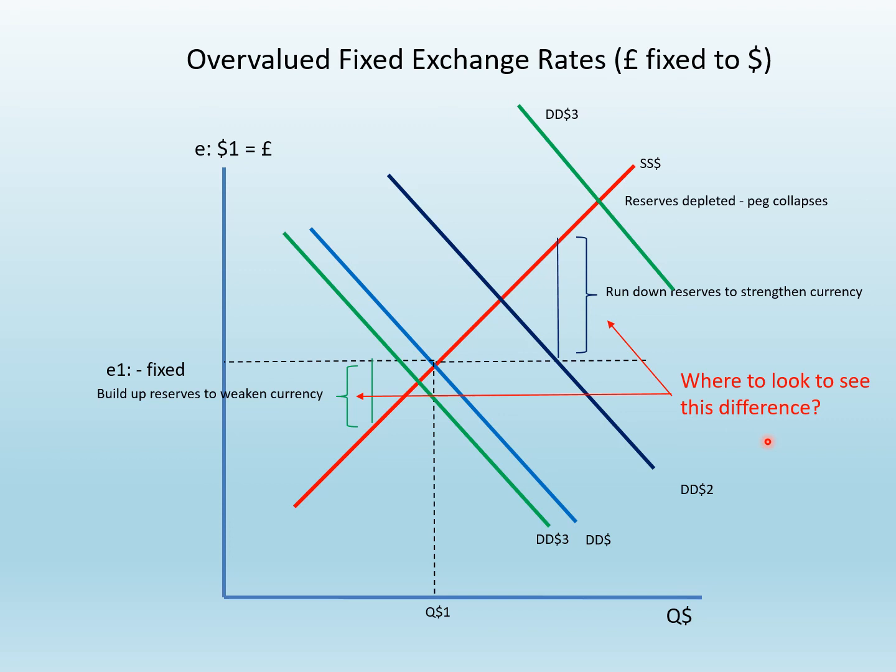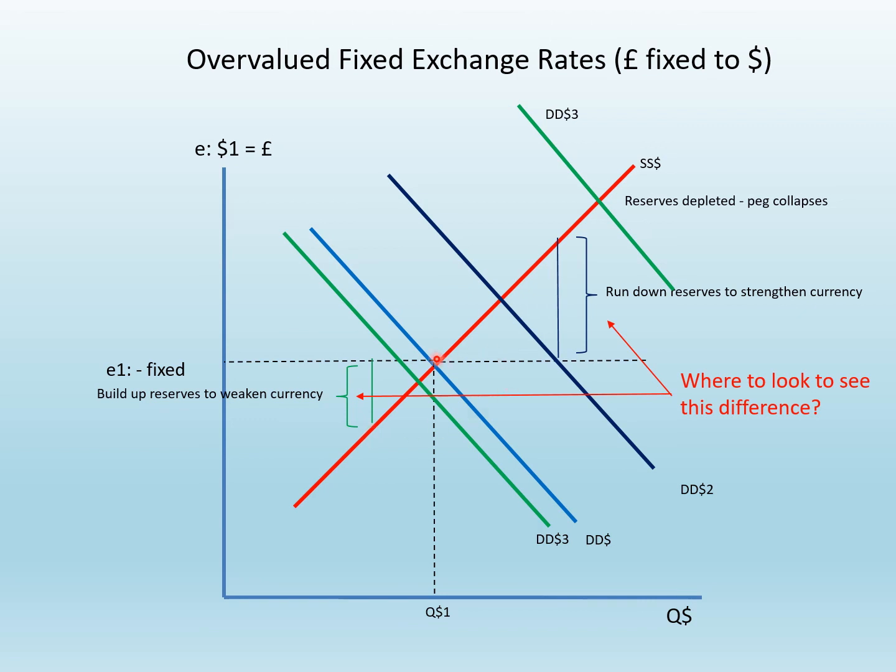And if this process continues, eventually we're running down reserves here, we're building up reserves here. You can see the building up is less than the running down, and eventually the reserves are depleted. There are no more reserves. You cannot defend the pound anymore, and